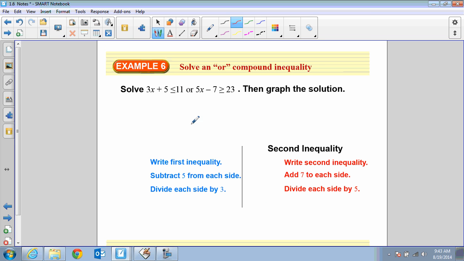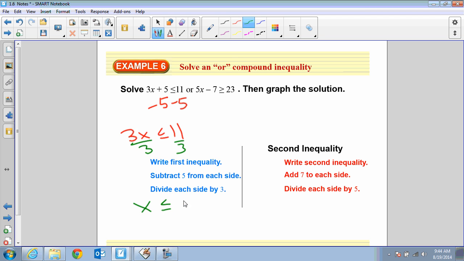Okay, or it just means you're going to solve the first one over here, solve the second one here, and then graph them on the same inequality sign. So to solve the first one, we're going to subtract 5 from both sides, which gives us 3x is less than or equal to 11. And then we're going to divide by 3,